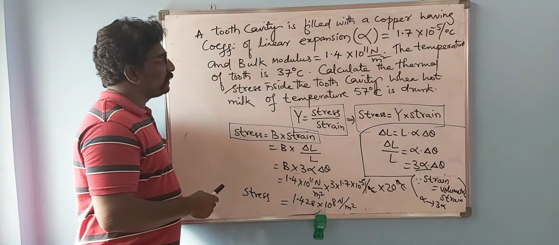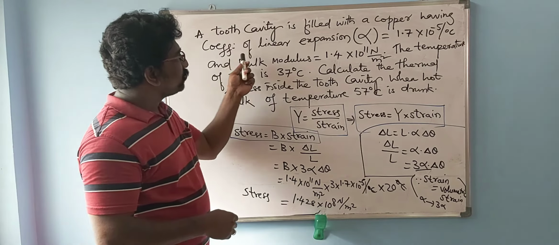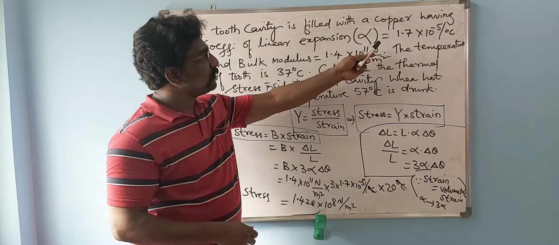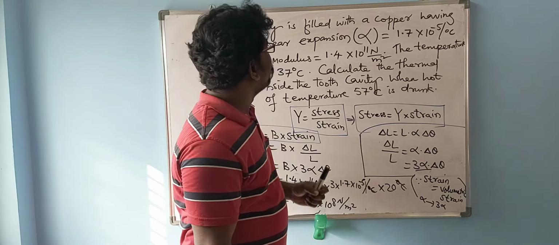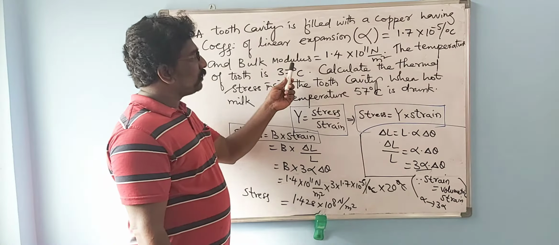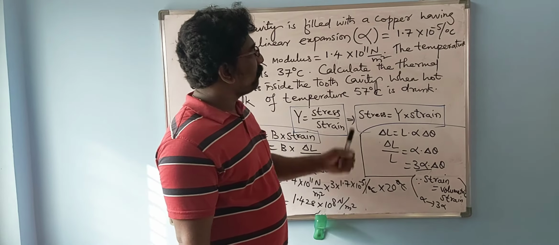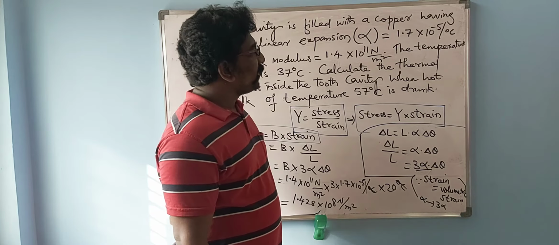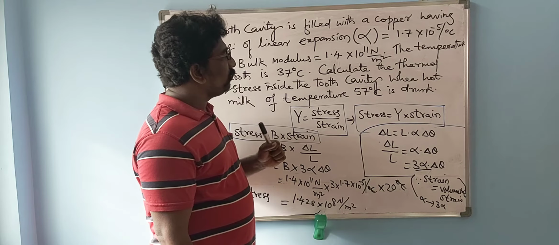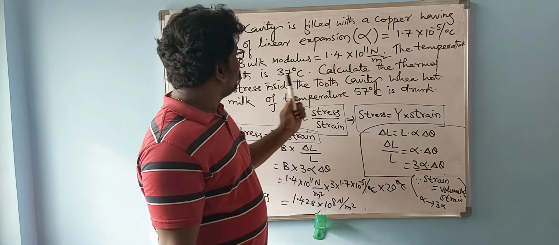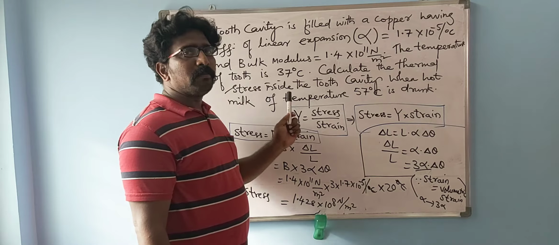The question given is that a tooth cavity is filled with copper of coefficient of linear expansion alpha equal to 1.7 into 10 power minus 5 per degree Celsius, and the bulk modulus of the copper is given as 1.4 into 10 power 11 Newton per meter square, and the temperature of the tooth cavity is 37 degrees Celsius. We are asked to calculate the thermal stress inside the tooth cavity when hot milk of temperature 57